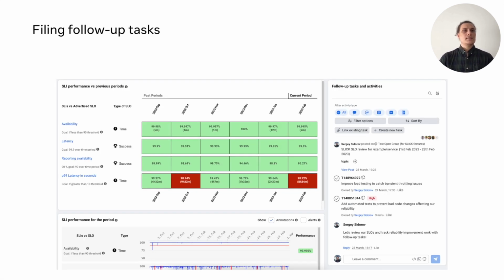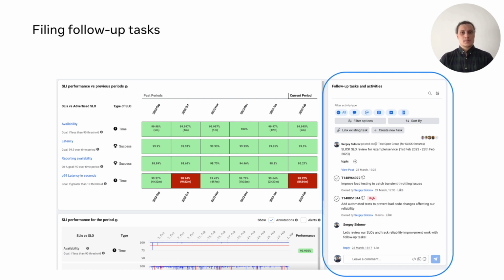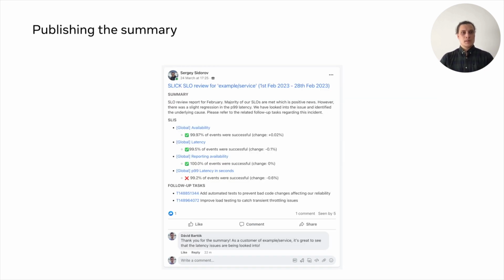We believe that SLO review should be actionable, and thus we keep reviews conducted with follow-ups. On this slide, you can see how we used Insights to create a few follow-up tasks. These tasks will help us to prevent similar SLO regression patterns in the future. When we have reviewed all of the SLOs and created follow-up tasks, we have an option to publish the summary post. This post outlines the main decisions and discussions made during the review. Also, it provides visibility to customers about SLO violations and helps us to establish and facilitate conversations.